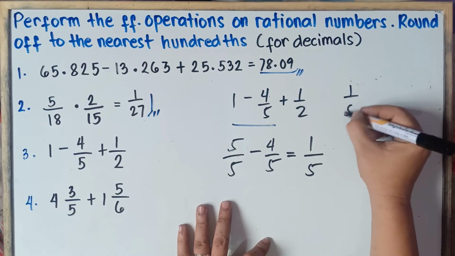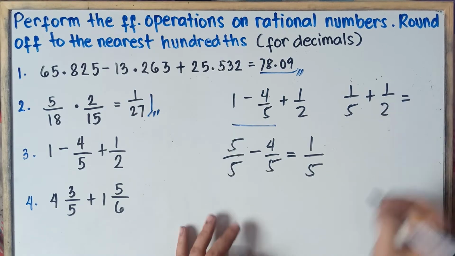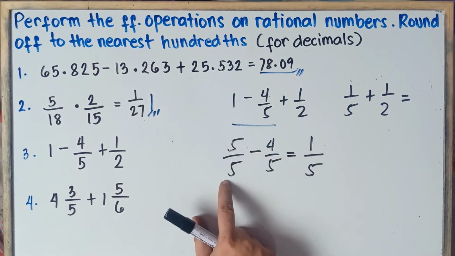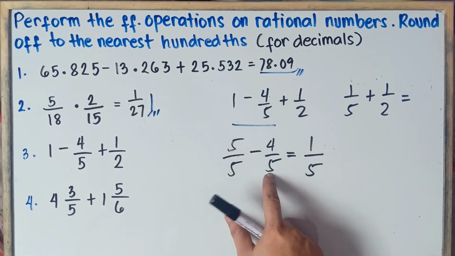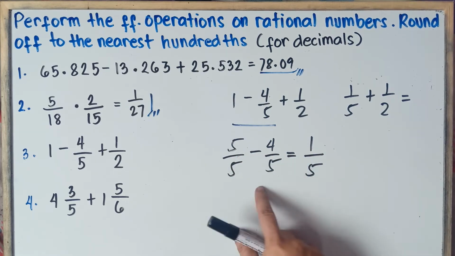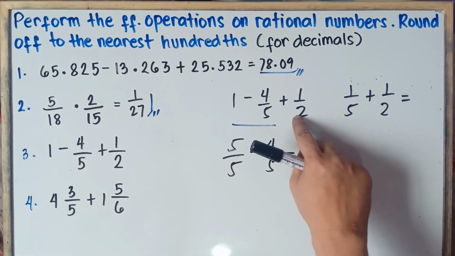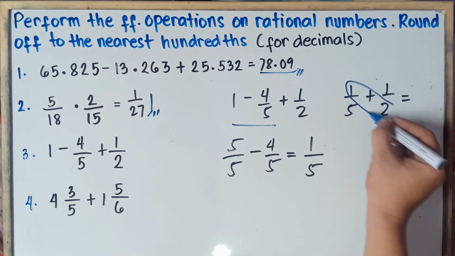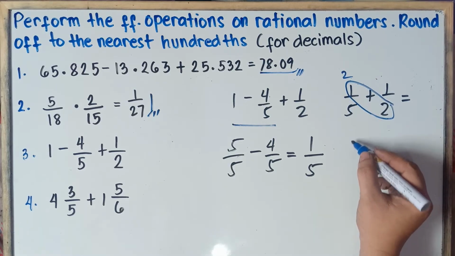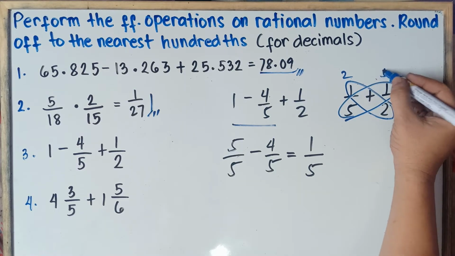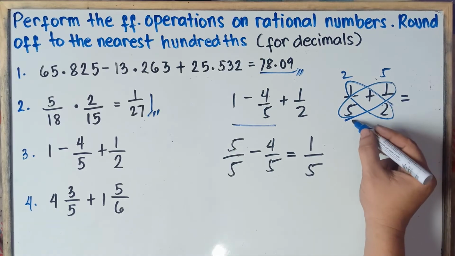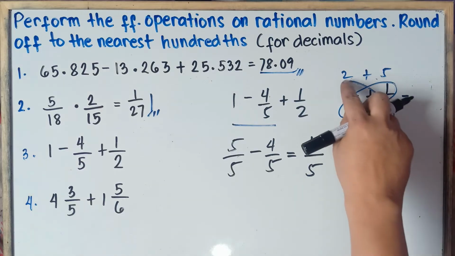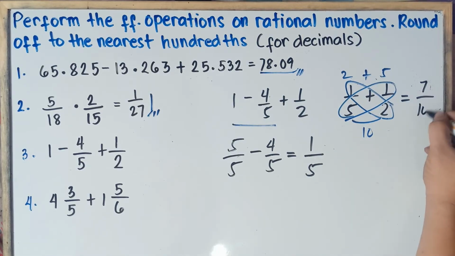So 1/5 plus 1/2. I hope you get this one, class. Once again, 1, we can write as 5 over 5 minus 4 over 5. The answer is 1 over 5. Simply copy the denominator. And then 1 over 5 plus 1/2. So we can do the butterfly method. Simply cross multiply. 1 times 2 is 2. Cross multiply. 5 times 1 is 5. And then multiply the denominators. 5 times 2 is 10. Then copy the plus sign. So 2 plus 5 is 7. Copy 10. 7 over 10.